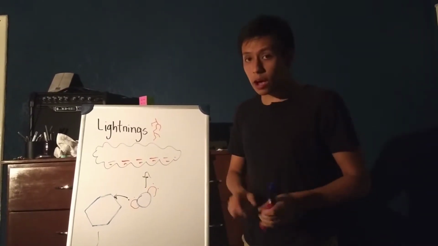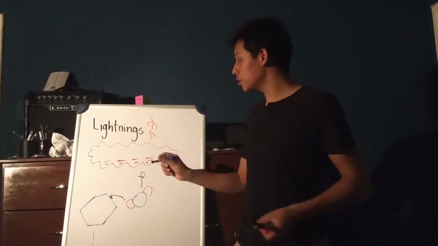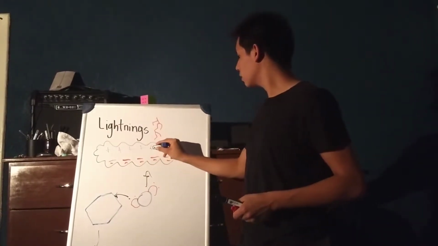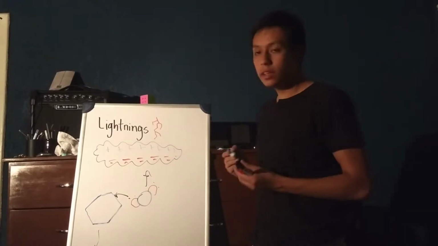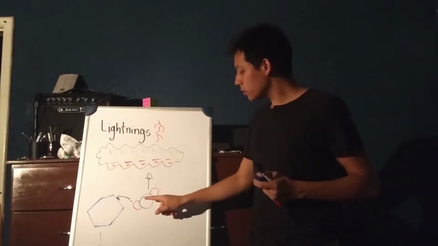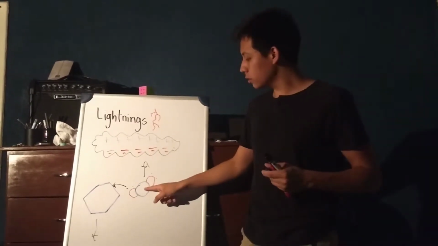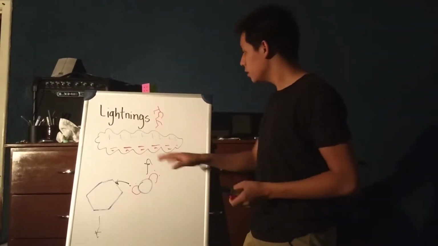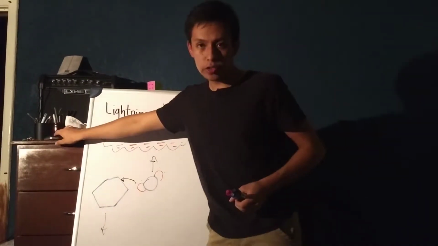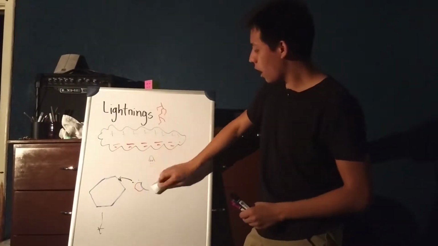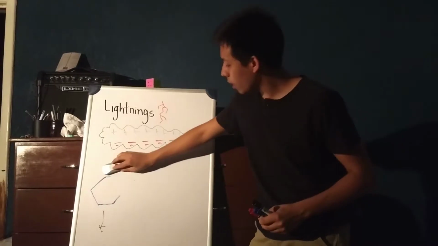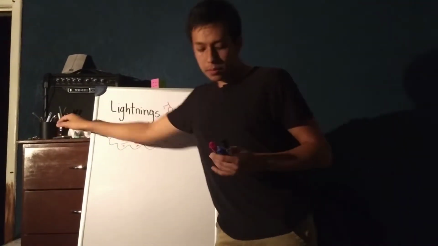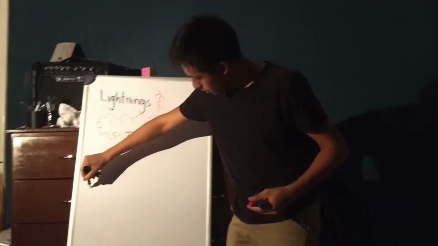And on the top of the cloud, we're going to have some positive charges, due to the protons of these molecules without the electrons, okay? So we have this charge density on the cloud, and now I am going to draw the soil, the ground, because it's the other part of this phenomenon, okay? Here's the ground,